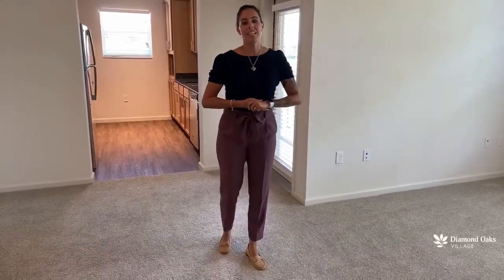Today we're going to take a look at our Sabro A 2-bedroom, 2-bath floor plan, 1,092 square feet. One of the special things about this apartment is it is our last apartment available. It's our 2-bedroom, 2-bath corner unit, and it's got some great amenities inside of it, so let's go ahead and